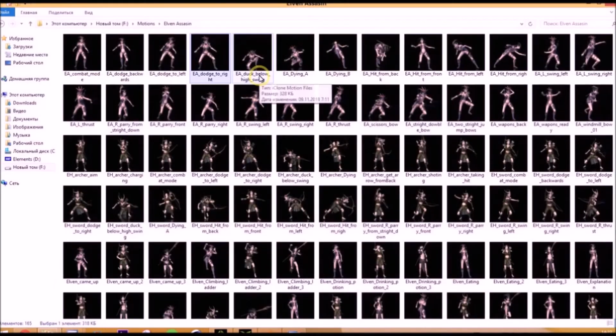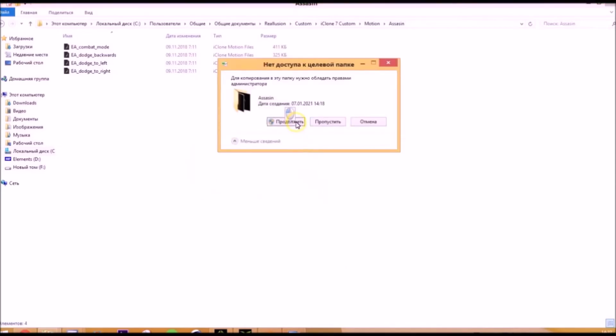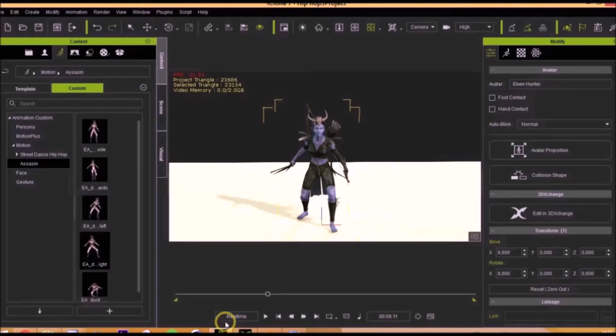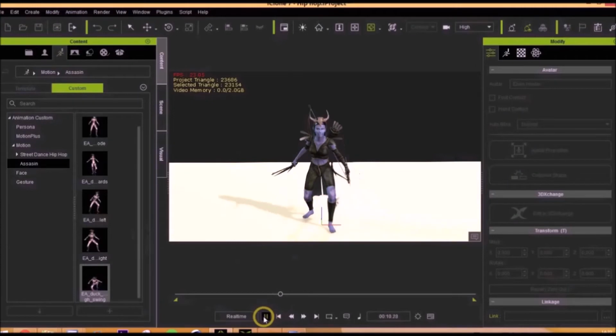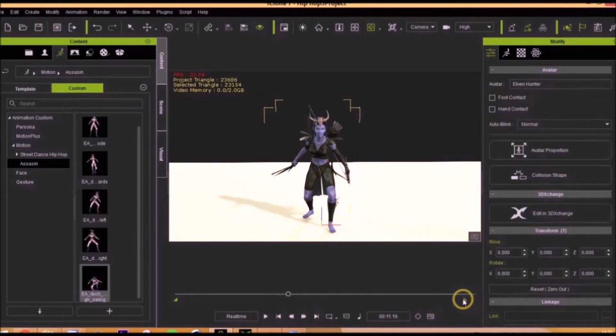We return to the iClone 7 program again and transfer the movement file by simply dragging the mouse from the folder. Go to the timeline panel at the bottom of the scene and check the checker's movements.